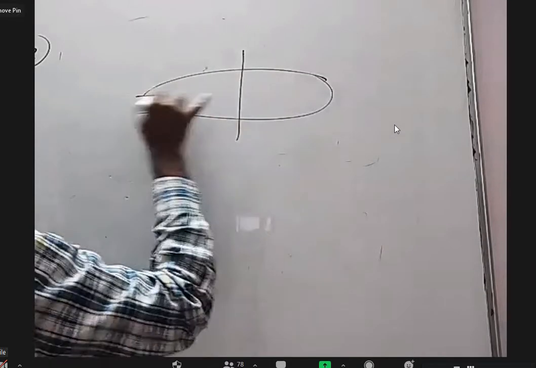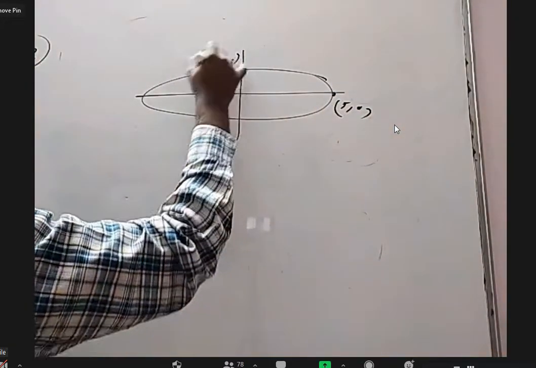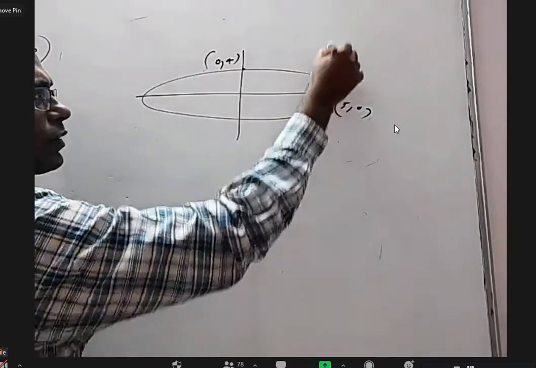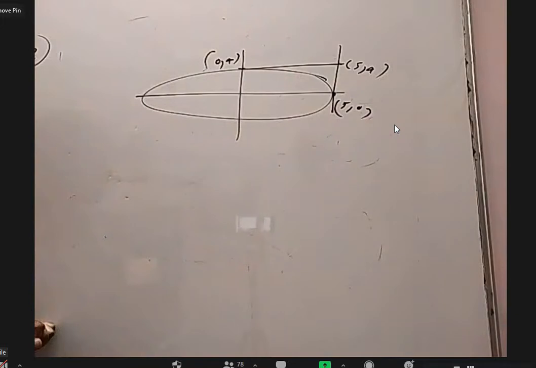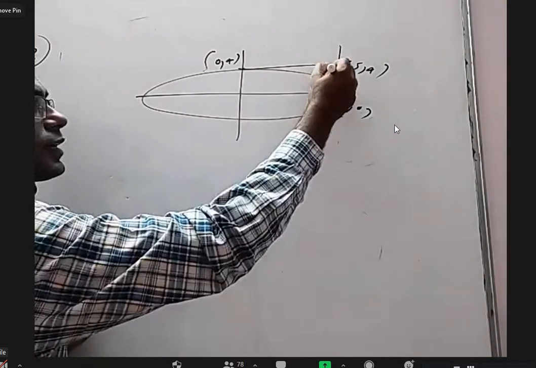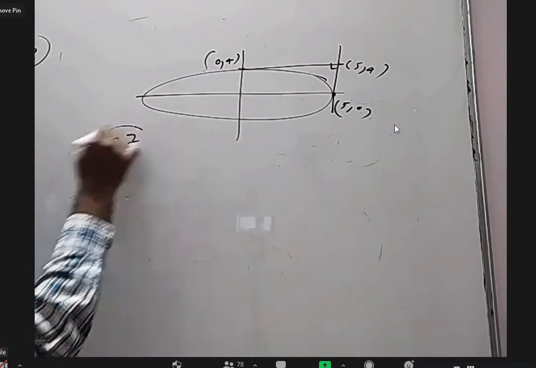Why this particular question is very easy is, you have an ellipse where this point is (5, 0) and this point is (0, 4). And if you draw a vertical tangent here and a horizontal tangent here, they meet at (5, 4). So obviously the angle between the tangents is 90. Alright, that is method 1.